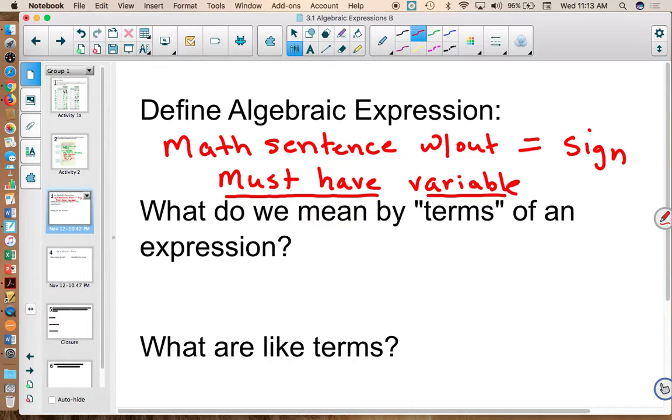What do we mean when we use the statement terms? What are the terms in a math sentence? What are we talking about there? Kaden? The letters or the variables. Okay, terms could be variables. Two things that are alike, terms. Alice? Well, it's like every section between the next sign is a term. Okay, so it's the parts of a math sentence